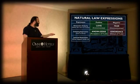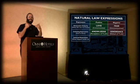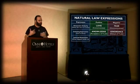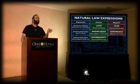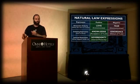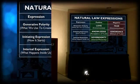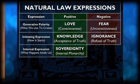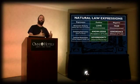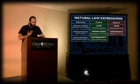Now, what happened after knowledge or lack thereof? We went up to understanding, right? So that's what this level is. Understanding happens internally. It's an internal process. So the positive aspect of the internal expression is when we come to understand, through developing the knowledge and the acceptance of truth, that we are sovereign. Sovereignty is the internal positive expression of natural law. Now, again, underneath these, in parentheses, I always put another name that I've given to these concepts. I call sovereignty